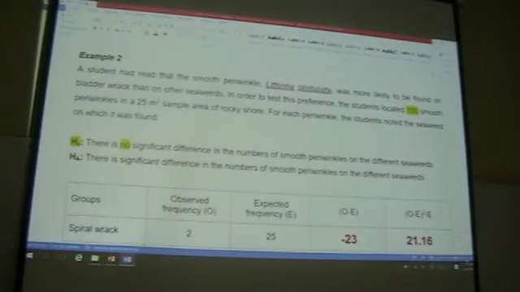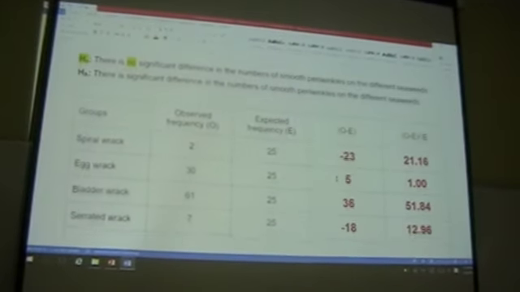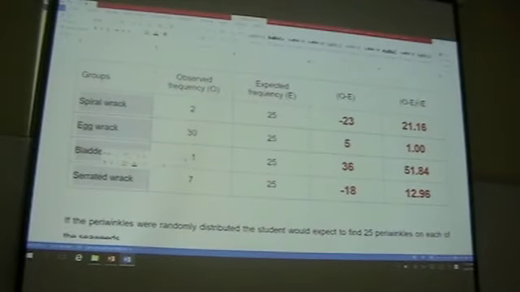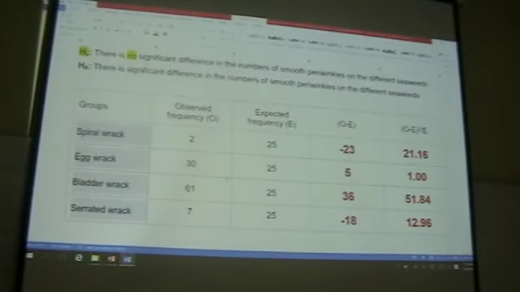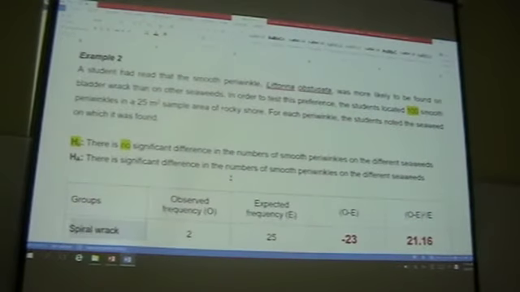A student is very interested in periwinkles. The student found 100 periwinkles on a rocky shore and wrote down the type of seaweed on which the periwinkles were found. There are 4 possible types of seaweed, and the student postulated that